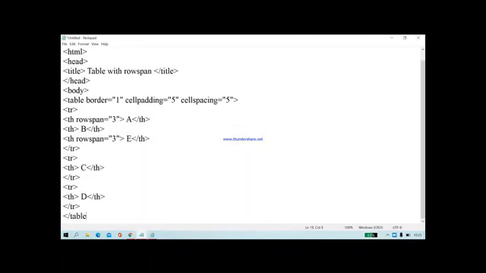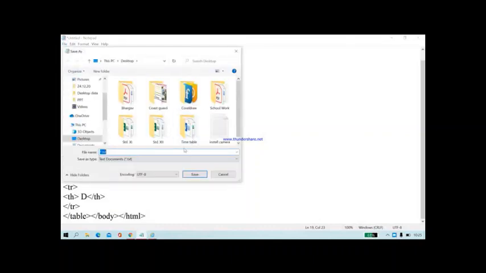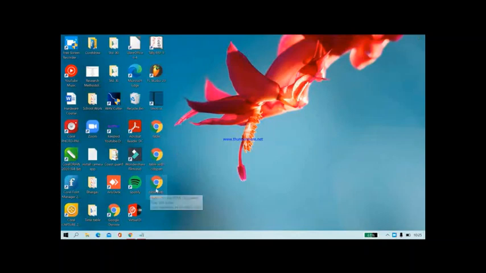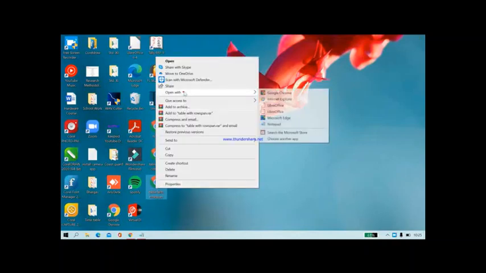Then close it with /table /body and /html. Okay, save this with table with rowspan.html. Now to see the output of this, right click, open with Internet Explorer.